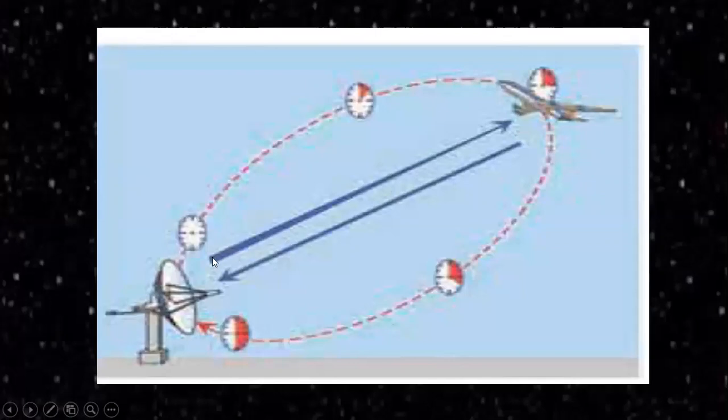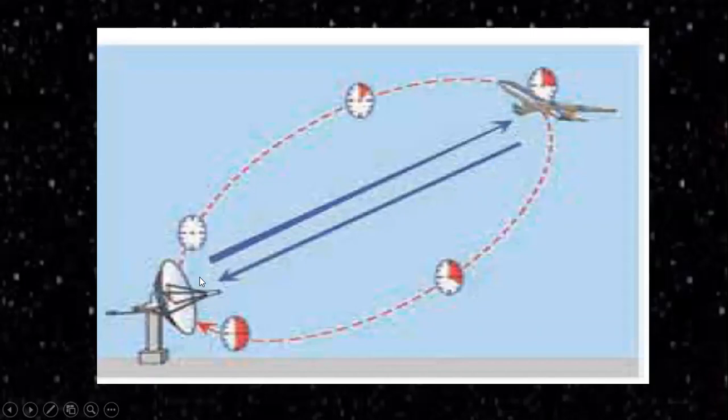Okay. So it reaches the target and from there it will be reflected back and it will be received by the antenna back. Okay. So this antenna is acting as a receiver now. While it is transmitting, it will act as a transmitter. While it is receiving, it will act as a receiver. Now the time taken by the electromagnetic wave to travel from the transmitter to the object and the object to the receiver will be noted.